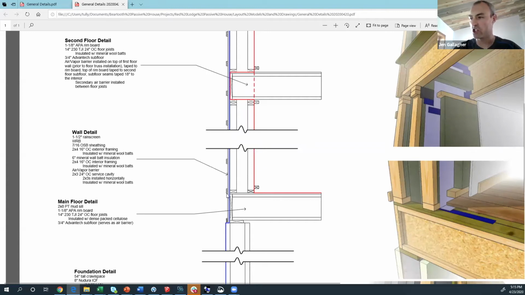And the transitions are a little bit more intricate between floors. So for us, we can just set a wall directly on a floor, and my transition from my floor to my wall is super easy because I just go across here and I come up my wall, right? All of my services and everything can sit and be maintained right in this service cavity. And if I do have any penetrations through there, they can be a little bit more thought out,